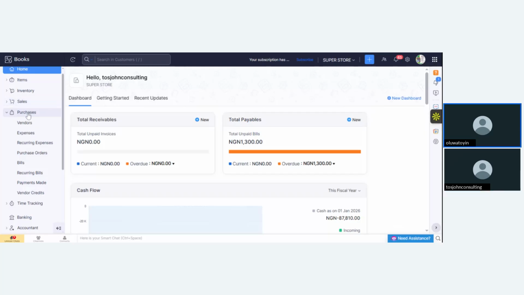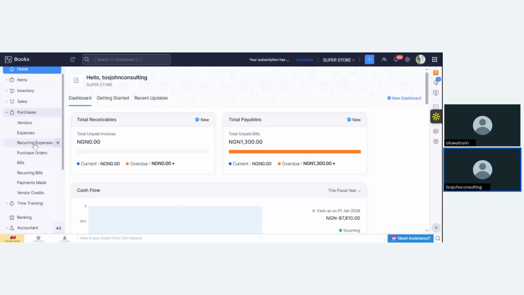And then your purchases is the money that is going out of your business, either to suppliers or for the running operation expenses. So you can see under purchases, you have vendors. Vendors are your suppliers, right? Those that are supplying you one thing or the other. Then you have your expenses for internet expenses, telephone expenses, salaries and wages, any expenses at all. You can name them. So we have them.